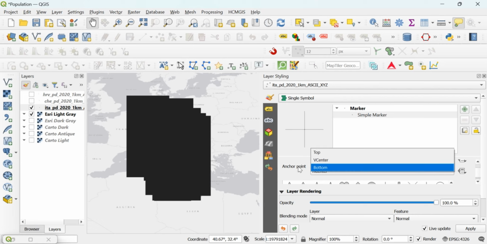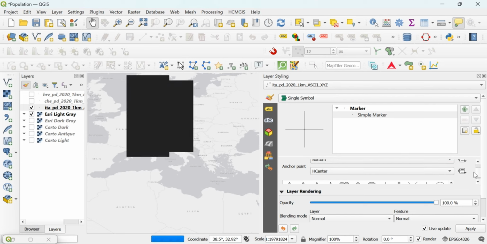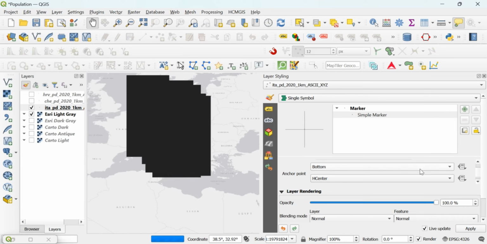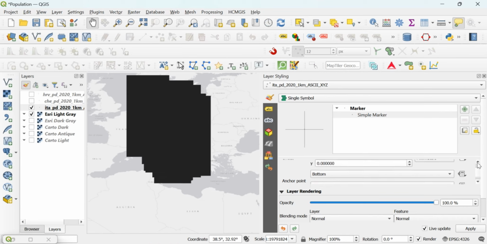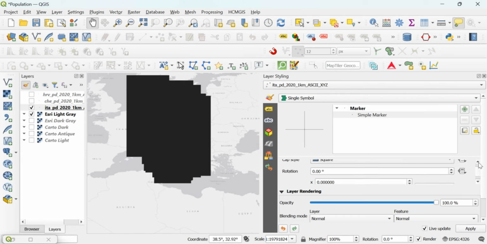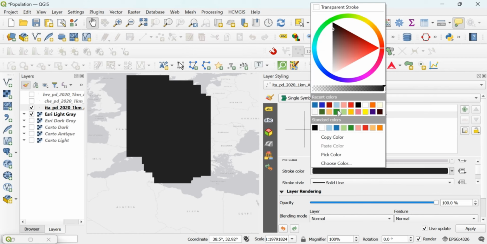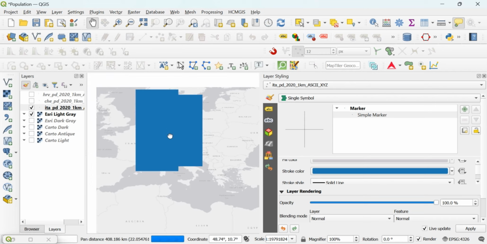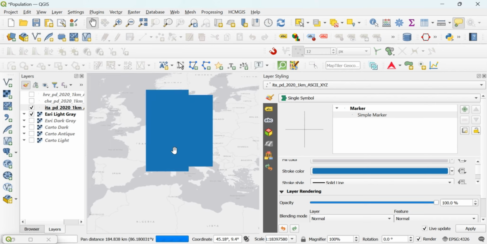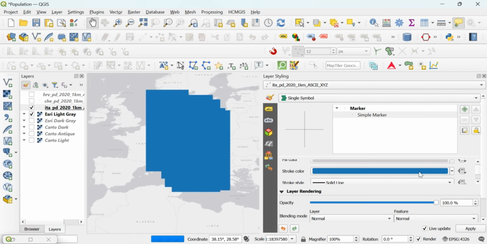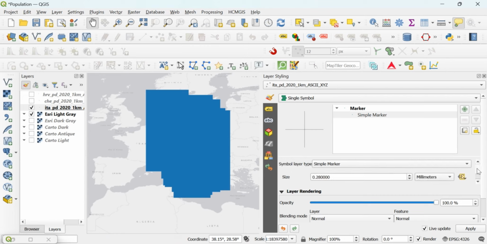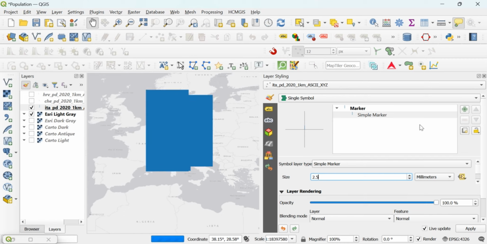We will also change this to bottom so that the lines are calculated from the base value. We'll also try to change this to blue. Okay. Now it still doesn't work how we want. So let's see what we can do now. Let's increase this.